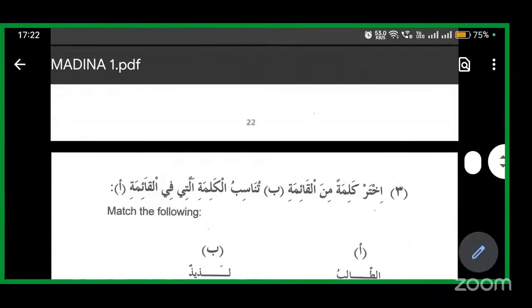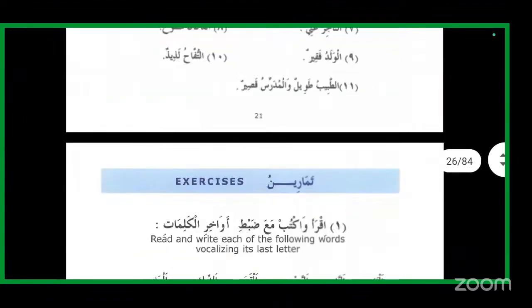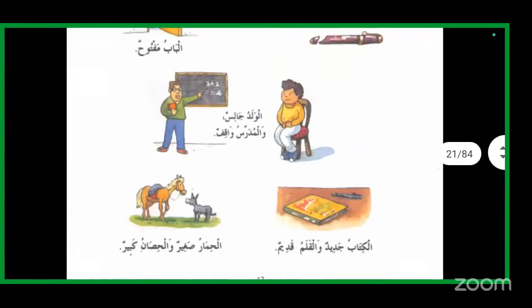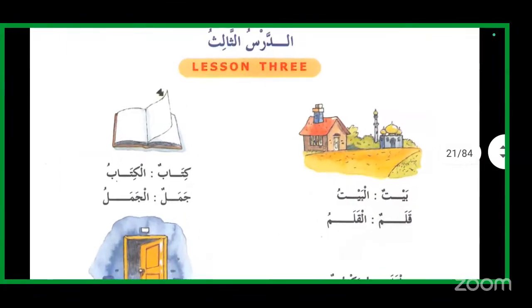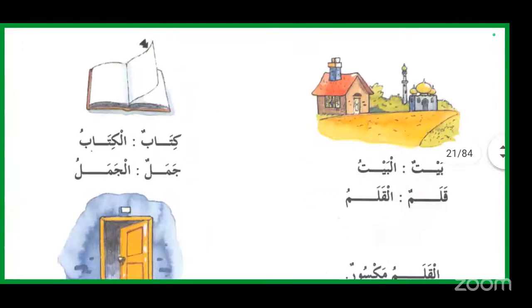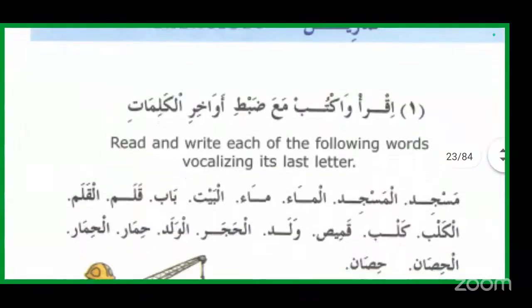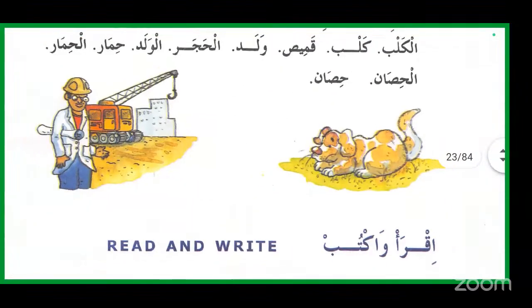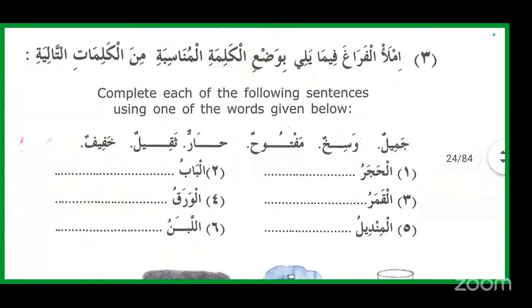So yesterday, in the last lesson, we learned about Madina Arabic Book 1, Lesson 3. We did the major part of the lesson, but today we are going to finish Lesson 3, the last part, and then we will begin Lesson 4. The last part of Lesson 3 is very simple, and it is about Huruf al-Shamsiyya and Huruf al-Qamariyya. Whenever we recite the Quran or any Arabic text,